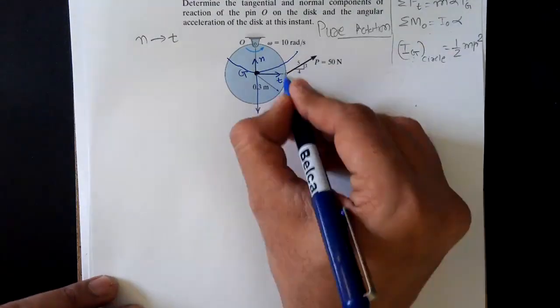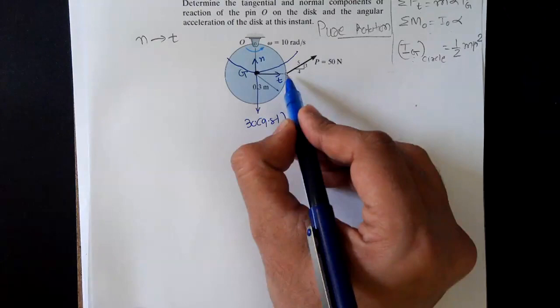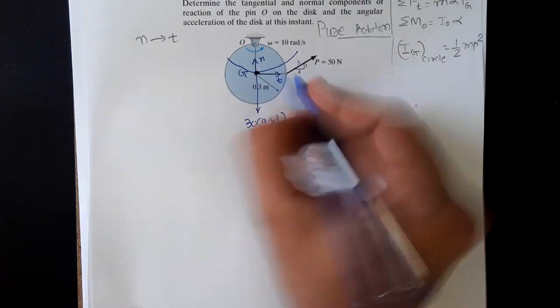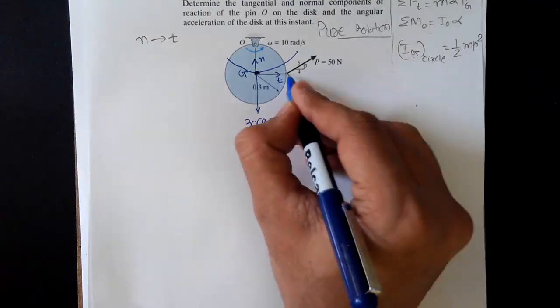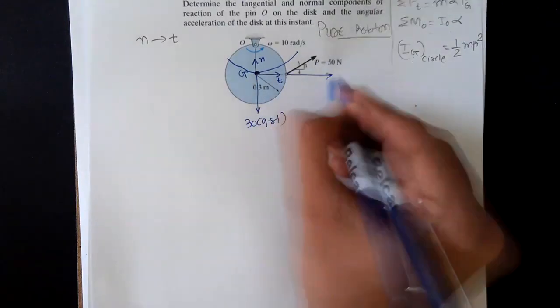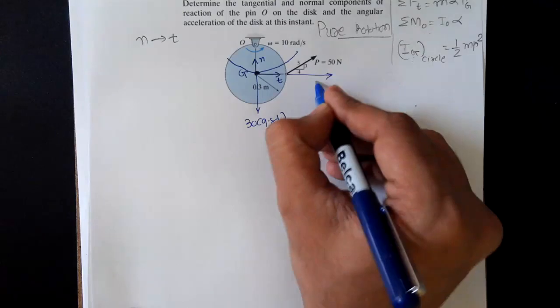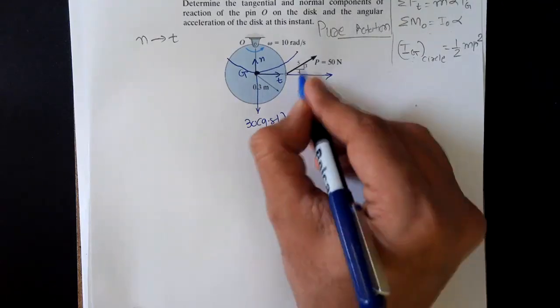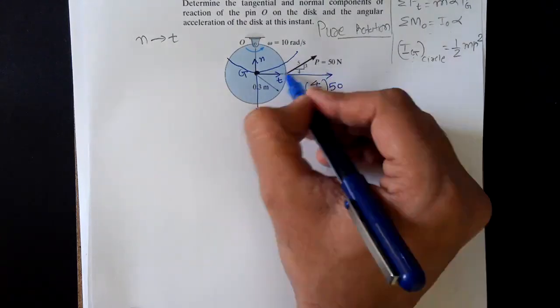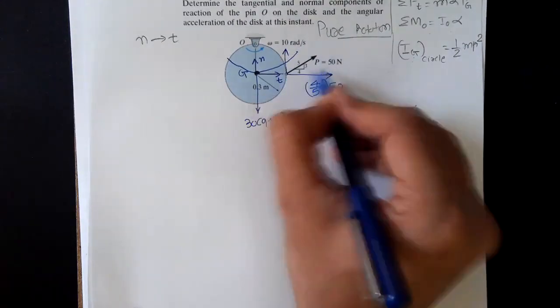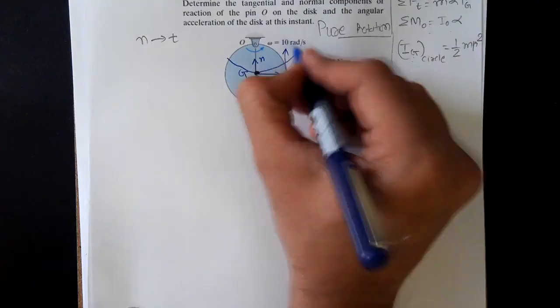This force is applied at a point on the disk, but this is at an angle, so I would like to resolve these forces into along tangential and normal direction. So tangential force is the horizontal component of the force, which is 4 divided by phi. This 4 divided by phi multiplied by 50, and vertical component of the force is 3 divided by phi